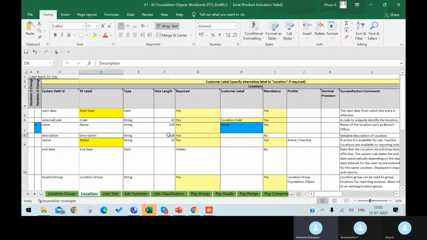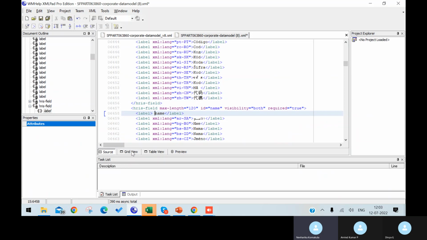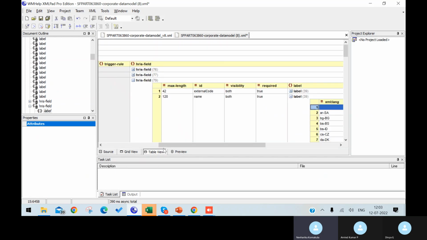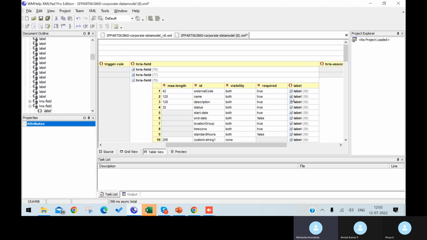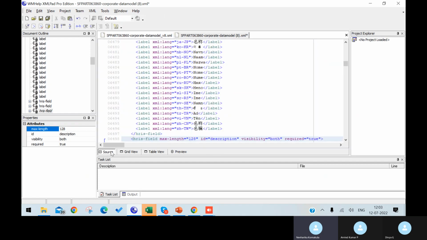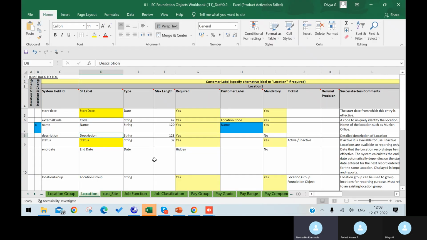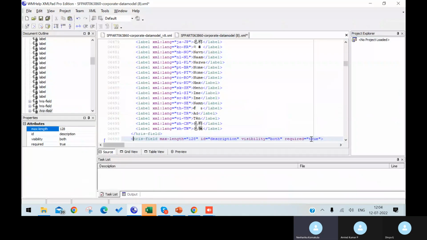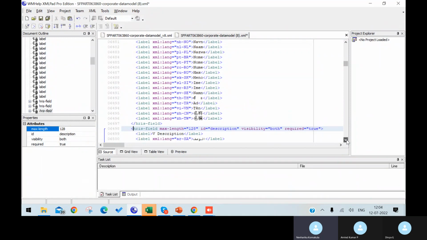Description 20. You can minimize it. Description is already 128 and required is yes. Required is true. Then